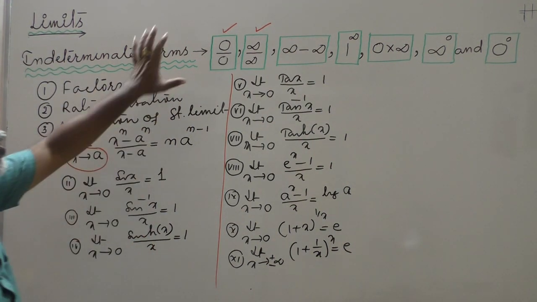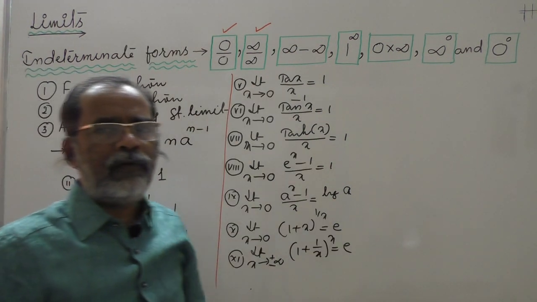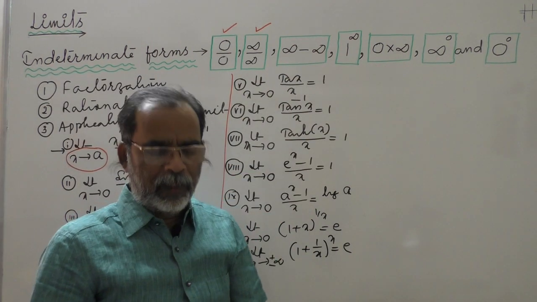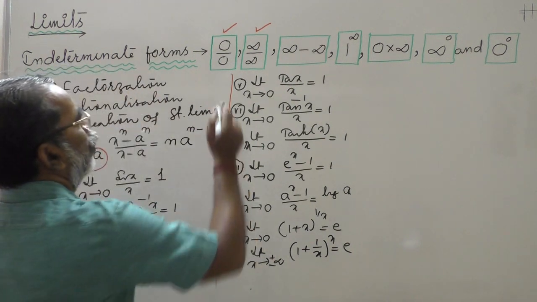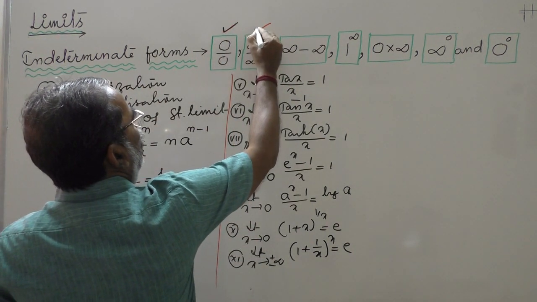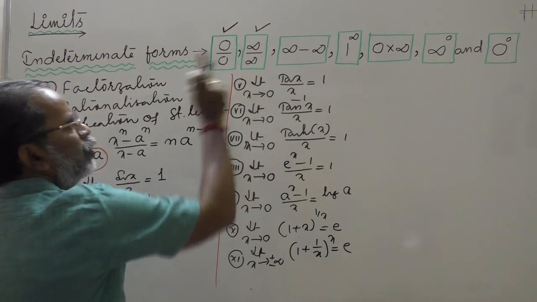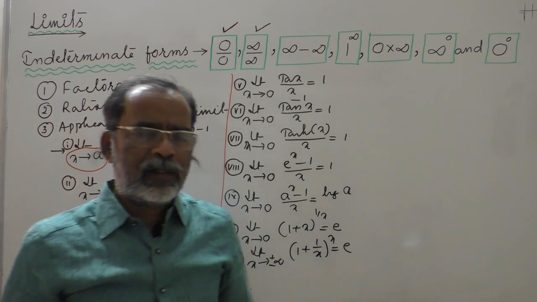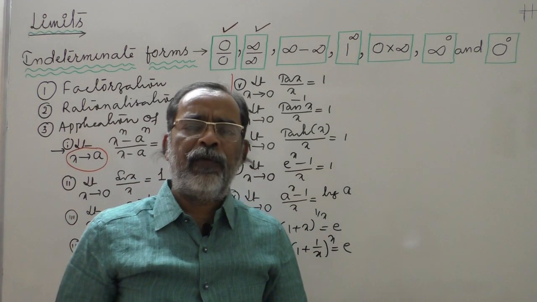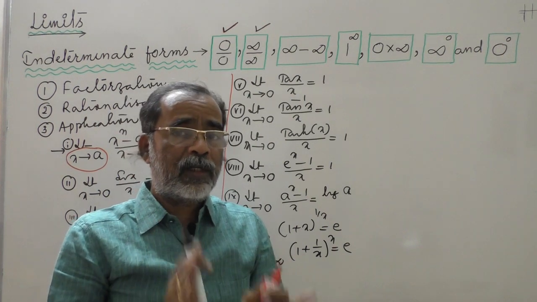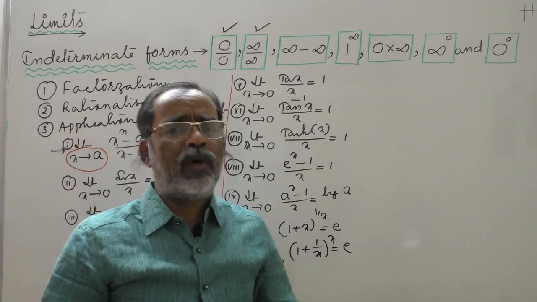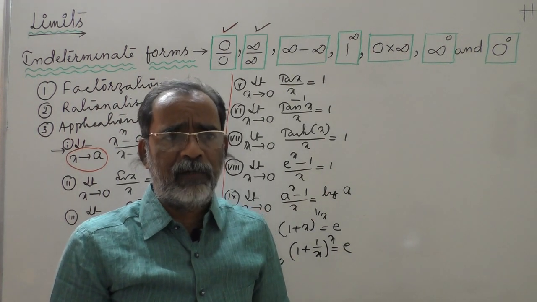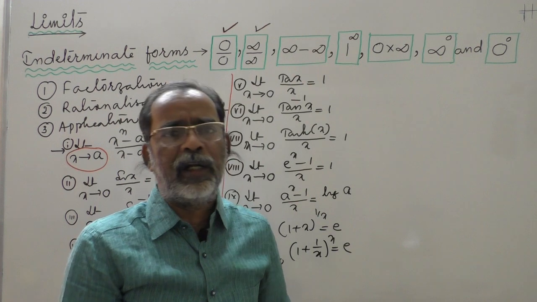Okay, once again, indeterminate forms. Today we are discussing limits. There are about 7 indeterminate forms. Today we are going to discuss 2 particular indeterminate forms, 0 by 0 and infinity by infinity. If a problem is given and you want to find the limit, first of all, don't forget, you should write the limit in the function. Then you will come to know the story of the function, whether it is determined or indeterminate.